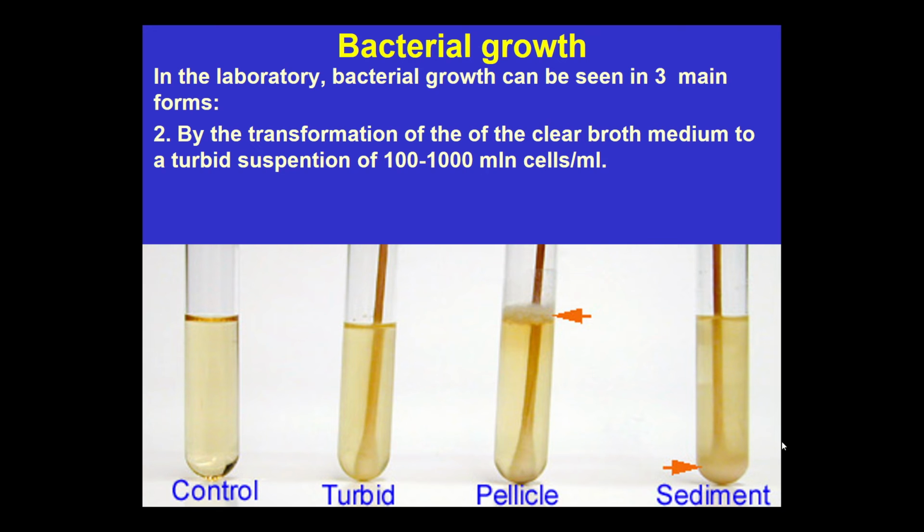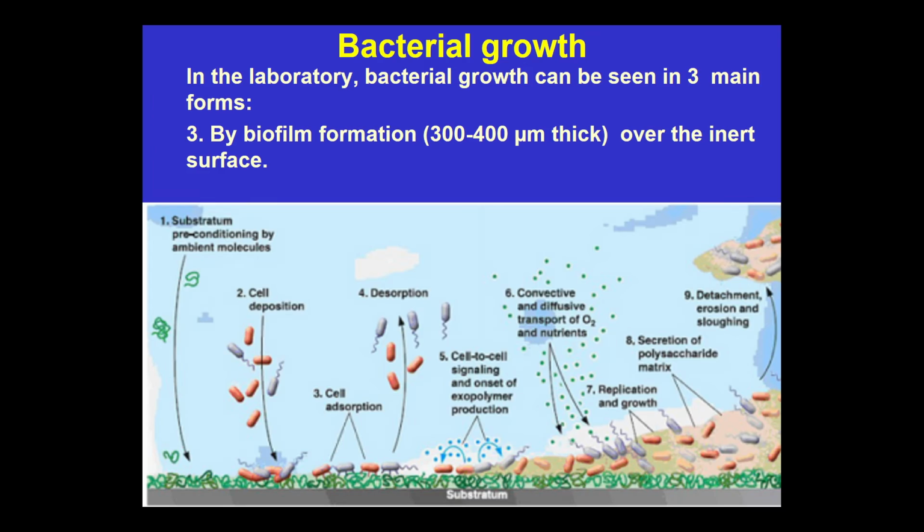And some bacteria, during the growth, form very long fibers, like streptobacilli or streptococci. Usually these long filaments made up of many bacteria fall down to the bottom of the tube with the culture broth. So we call it sedimental growth, because the sediment is formed. That is how the patterns of bacterial growth in the liquid broth look.